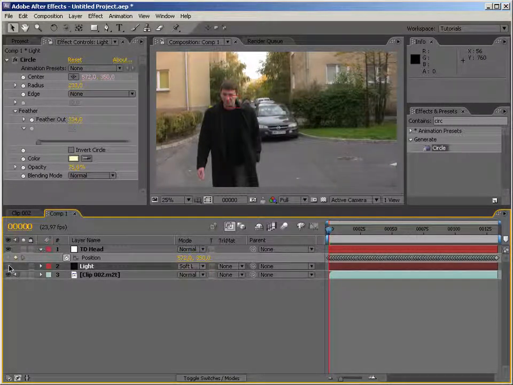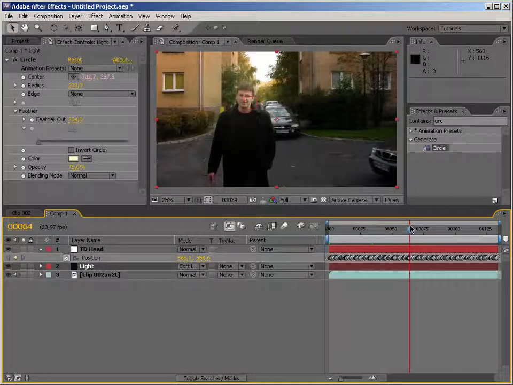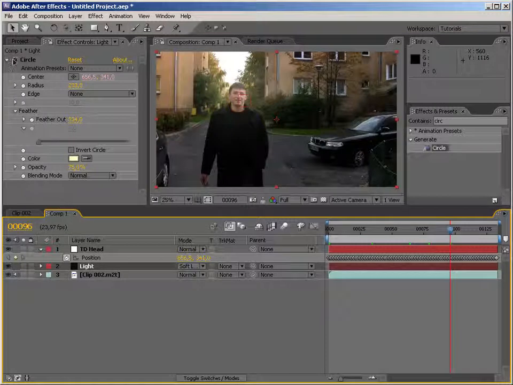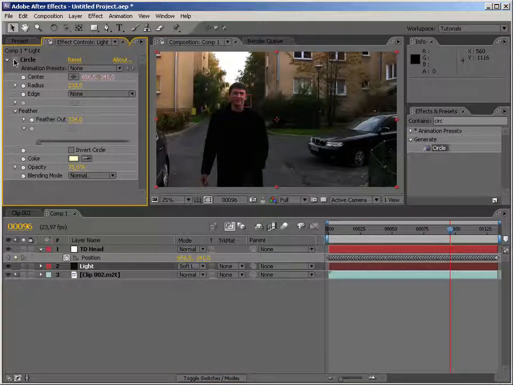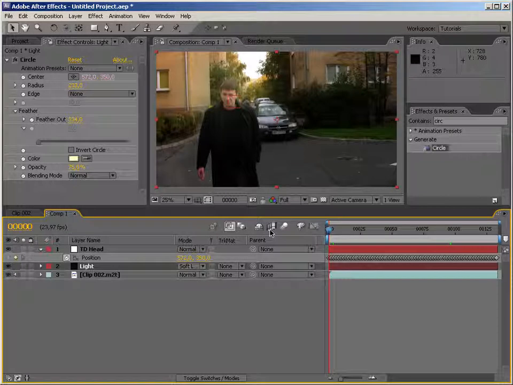Take a look at this. This is after, this is before, and after again. It actually adds a lot of depth to this. If we get rid of the circle, it looks just like that. Not very interesting. But here, it already kind of pulls him more into the foreground. We can focus on his character in this scene, which is just a walking scene. Nothing interesting and nothing to be focusing on. But anyways,